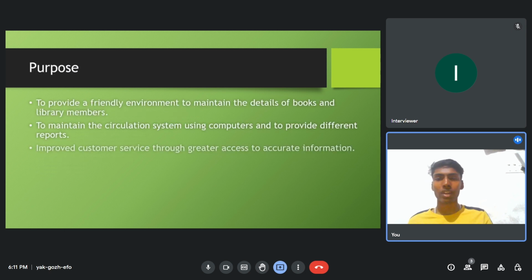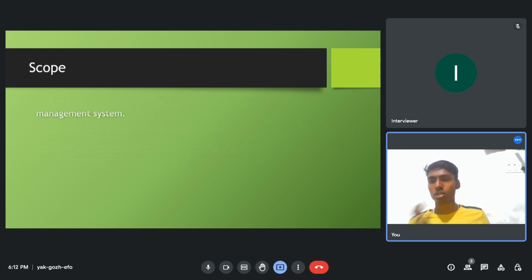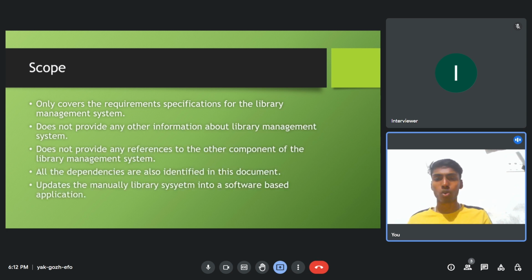The purpose is to provide a friendly environment to maintain the details of books and the library management system, to maintain the circulation system using computers and provide different reports, improve customer service through greater access to accurate information, and also provide transparency and accountability. The scope only covers the requirement specification for the library management system, and does not provide any other information